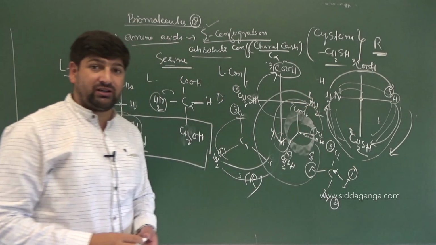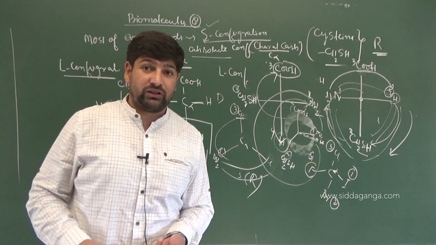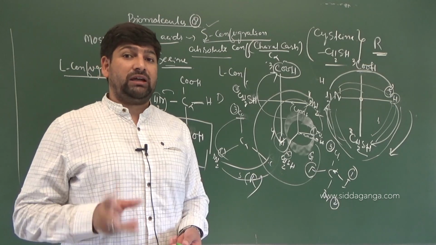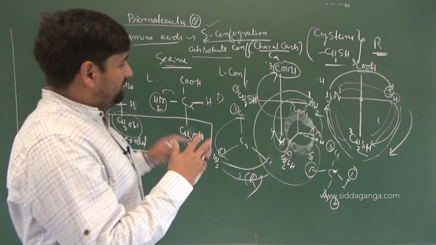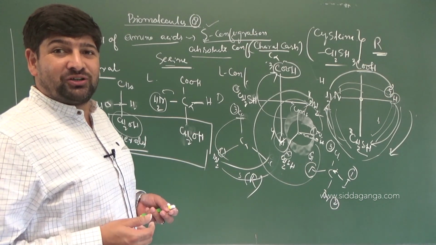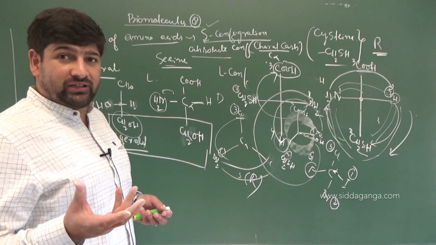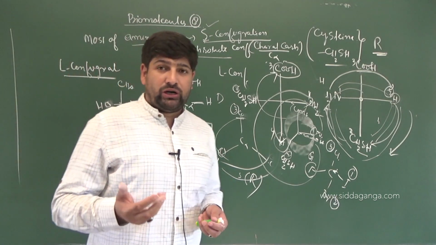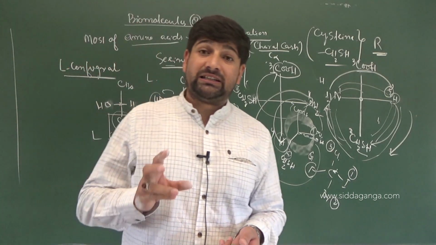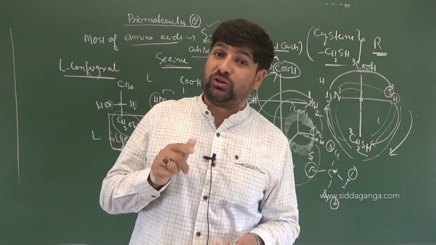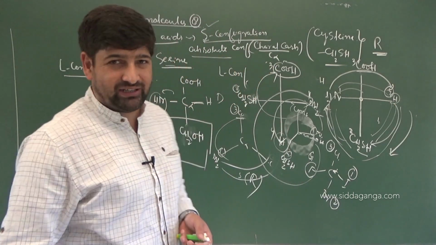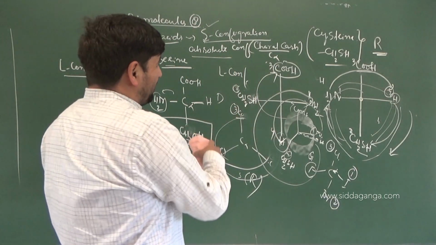That's why I mentioned, children, cysteine has which absolute configuration? R or S? R. While all naturally existing amino acids will have which configuration? S. Anywhere you are able to draw. So in carbohydrates also you can name it now, children. If you have carbohydrates with stereocenters, suppose fructose, which has 4 stereocenters, then writing the name in terms of absolute configuration around those stereocenters should be easier now. Alright.